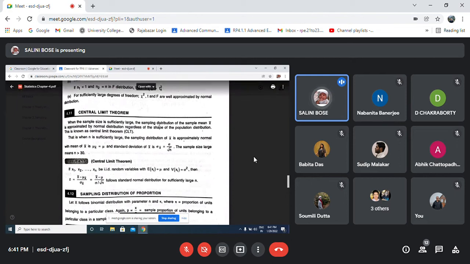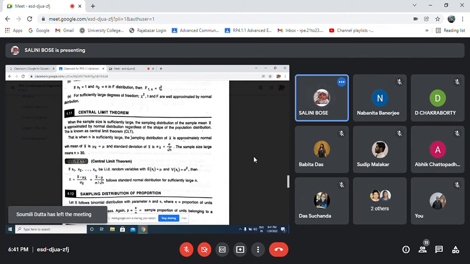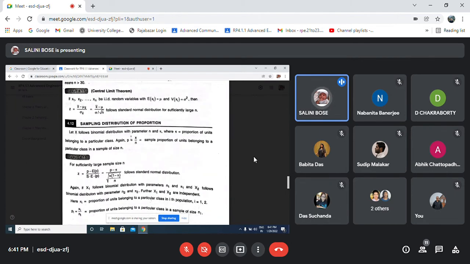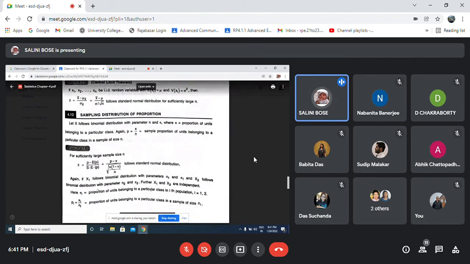So what is the central limit theorem? Central limit theorem means when the sample size is large, we approximate the distribution as normal distribution. That is called the central limit theorem. Clear? And the sampling distribution for proportion, that means the binomial